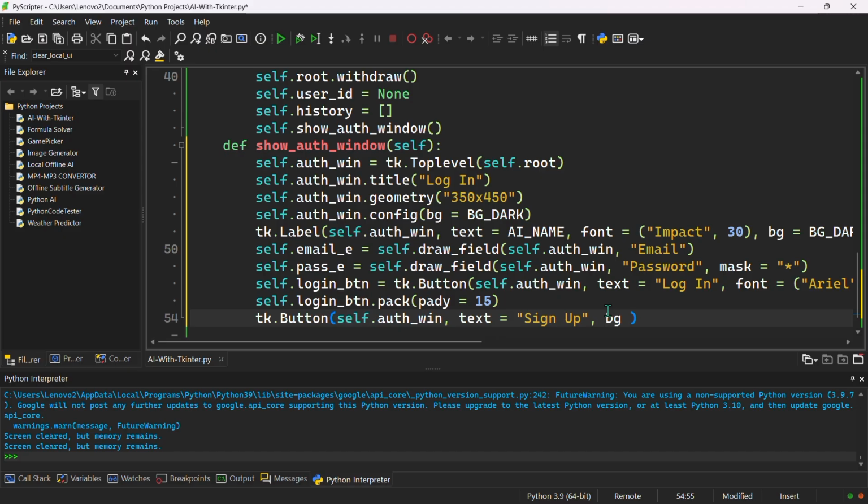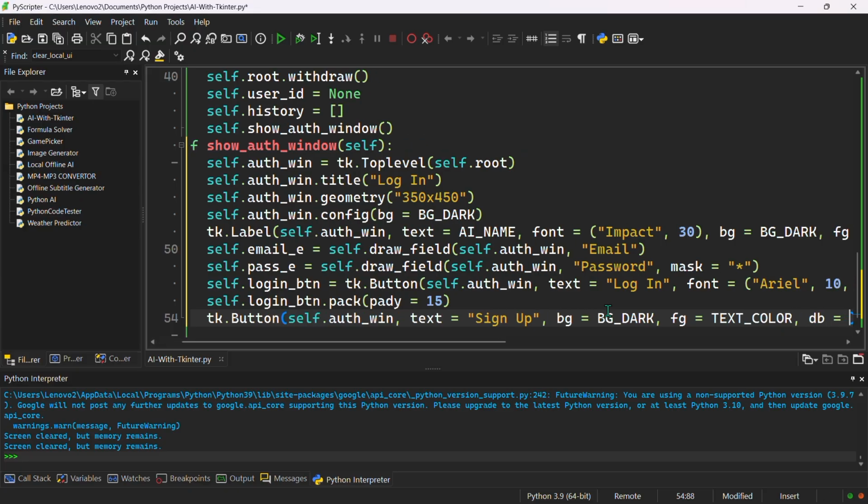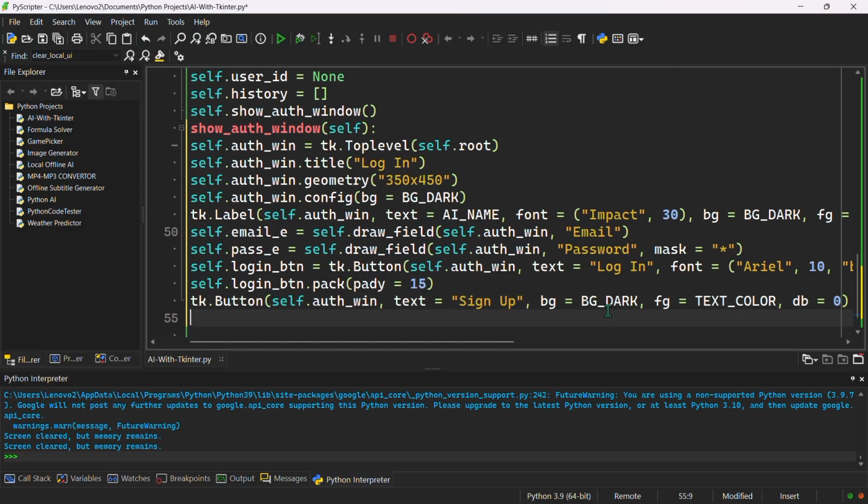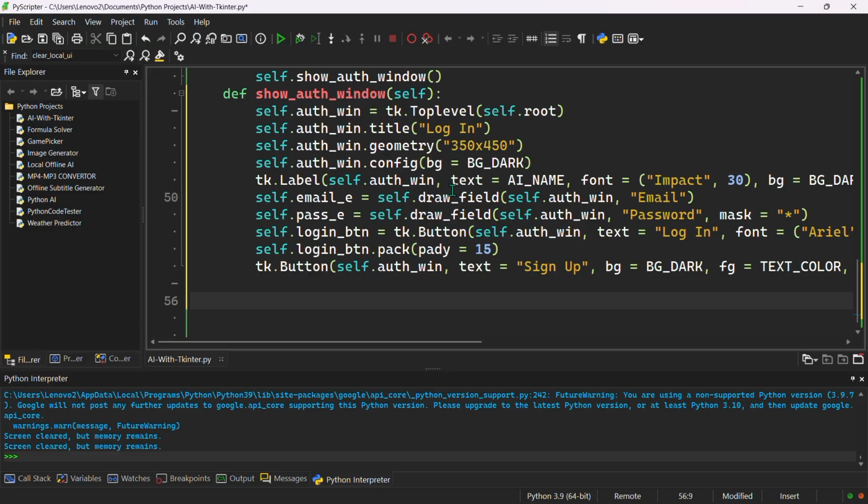Then our background for our window is going to be set to equal bg_dark, just like this, and the font, or let me say the foreground, is going to be equal to text_color, just like that. Then the border, which is bd, will be set equal to 0, just like that. Now that we're done with this, we're going to make our command, and to make our command for this, all we have to do is go down right below our tk.Button line, just like this, and indent right here and type in command is equal to